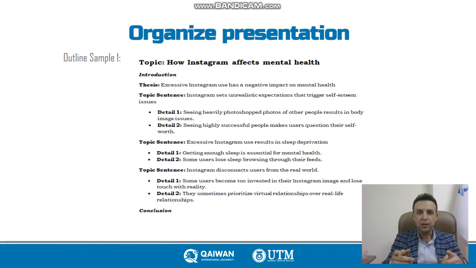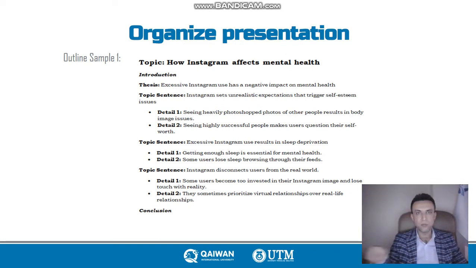So these are the sentences that have been selected. These are the sentences that give us the most important information of the essay. We write them down. So this is a kind of outline in which we have complete sentences. These sentences can be either the exact sentences of the text that we have taken from the text itself, or it's even possible, based on the information that we read in each body paragraph, we can write our own sentences. So this is one outline sample that is in the form of sentences.